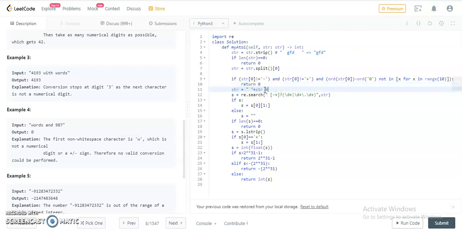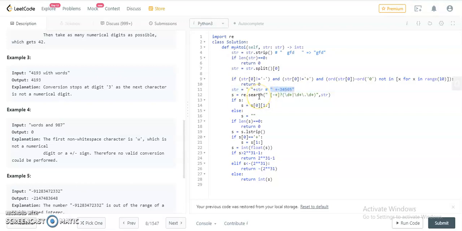The reason was, if a string is like plus minus 349, then for this particular kind of string our answer should be 0. So I introduced this space before the string. I will let you know why I did it and where it's going to be used in a future problem. So now my string would be something like this, right?